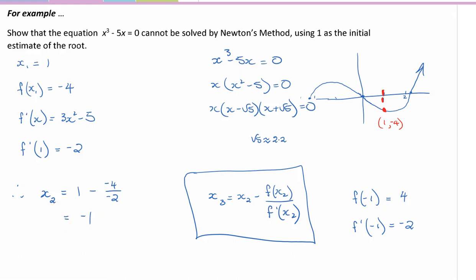It then threw me down to here. So I'm now finding the function value at -1, which is this 4. So 1 and 4. I will need the gradient at -1, which is -2. I think we can all see that would have a negative gradient. Then to find my next